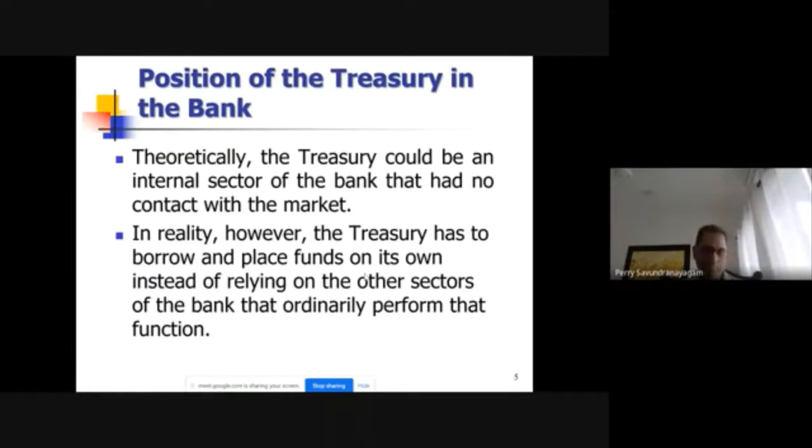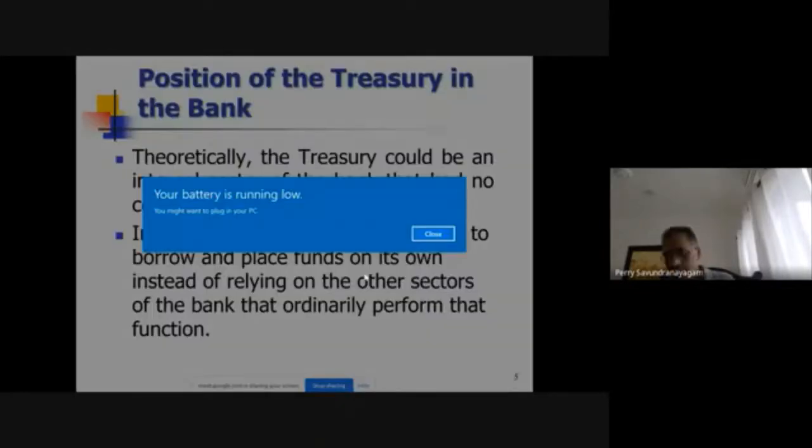Okay, so look at Treasury's function. If I were to ask you, Treasury sits in the middle of the bank. It has this overarching ability to